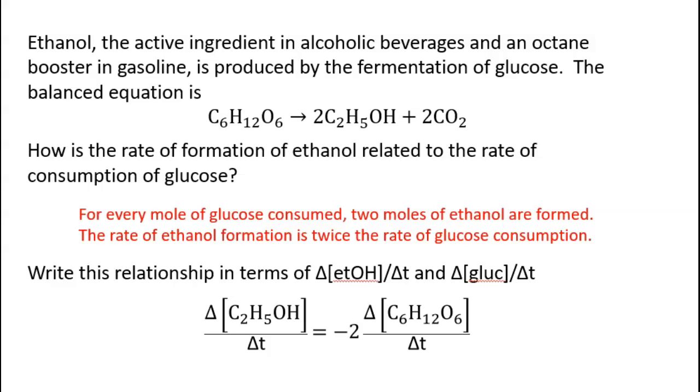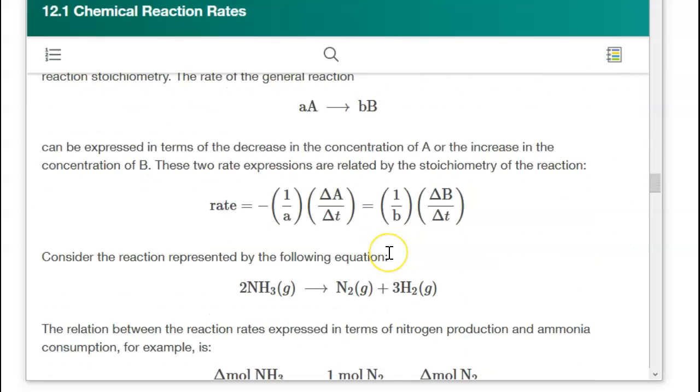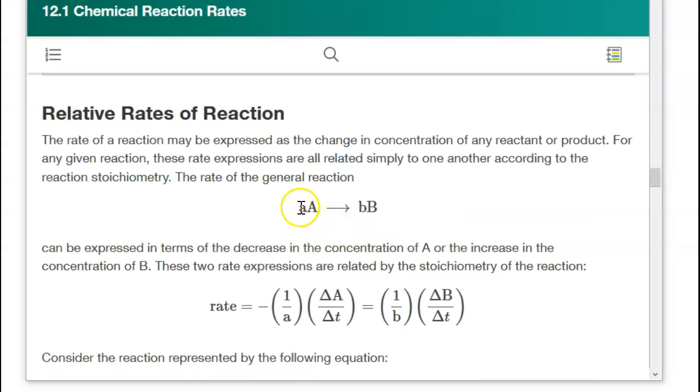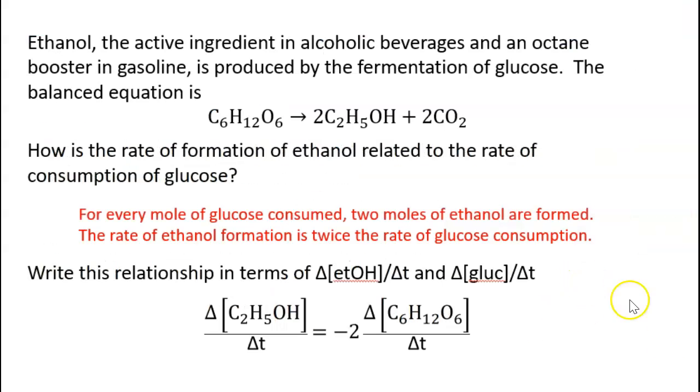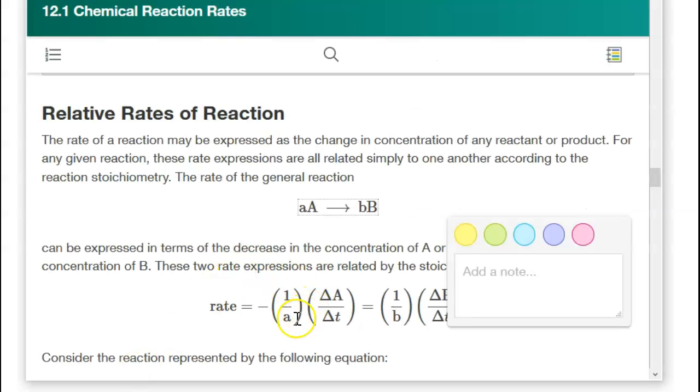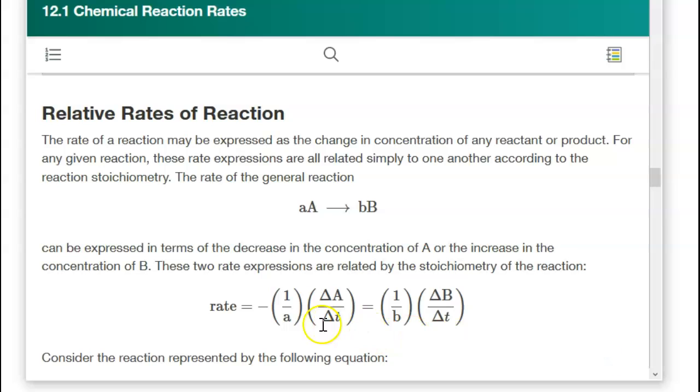So bear with me one second while I navigate to it. Is this it? Yeah. So students find it a lot easier to remember to write it this way. So if your coefficient in front of reactant A is this small a, then you're just going to put that in the denominator of the relative rate expression. So this A goes here, and because it's a reactant, that's the one that gets the negative sign. So you get negative 1 over A